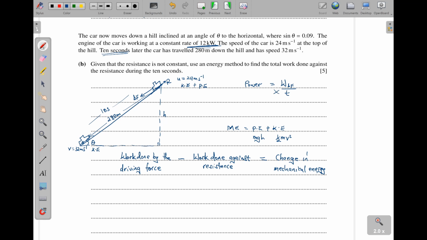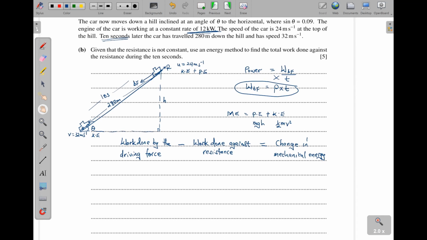When I cross multiply, work done by the driving force is equal to the power times the time taken. So the power is 12 kilowatts, so it is 12,000 times 10 seconds, minus work done against resistance,